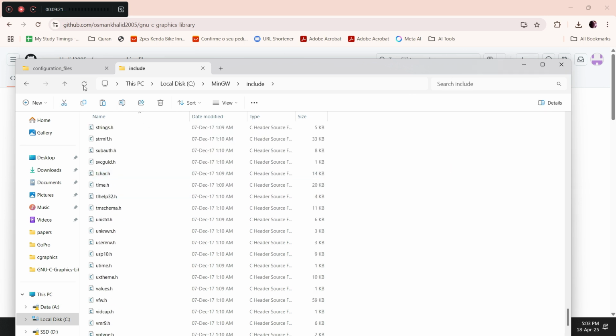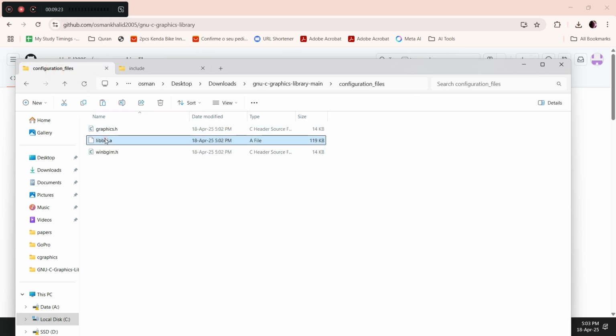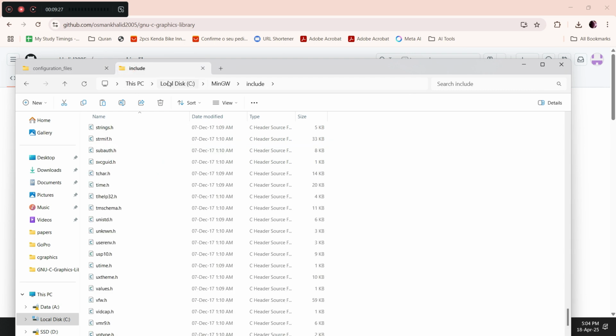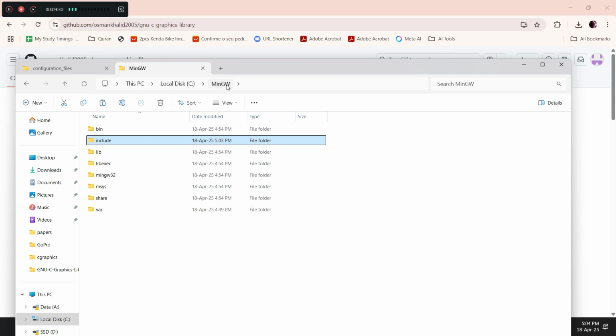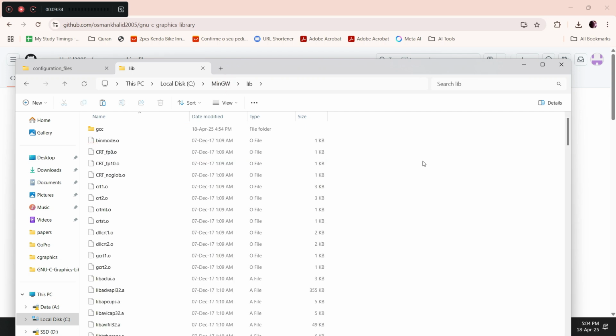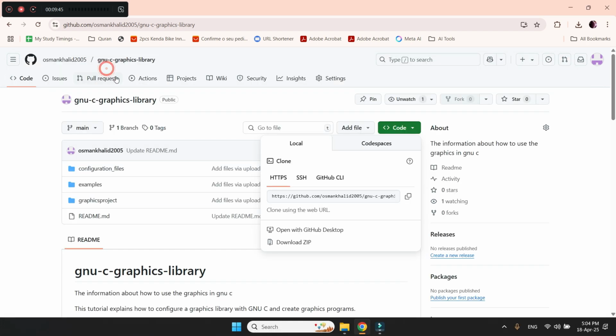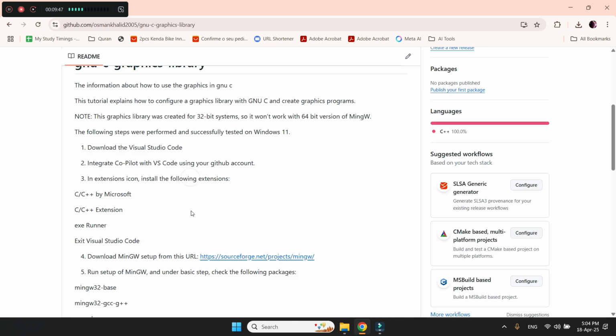include folder. Next we have this libbgi.a, right click, copy, and then navigate to the lib folder, this one, and right click and paste. Now we have almost all the things ready to run a basic graphics program, and we now proceed to the